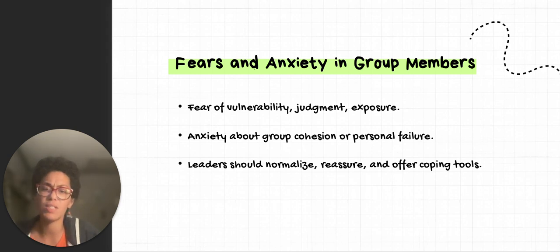Anxiety can also stem from the uncertainty of the group's dynamics, especially if there's been conflict or a lack of cohesion. So some members may also fear being emotionally or socially exposed, and may worry about how others